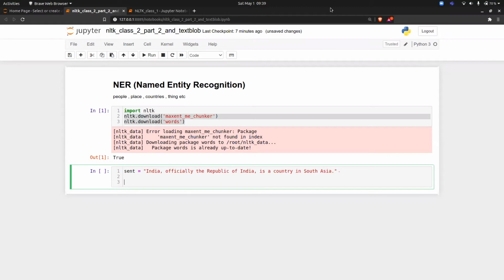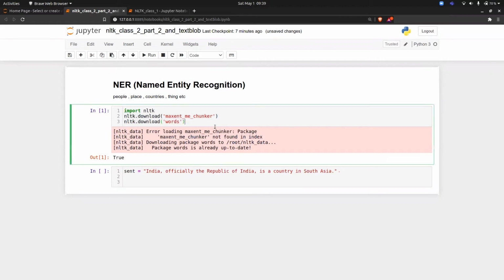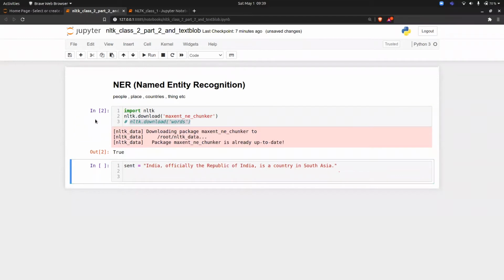I am getting an error when downloading maxent_ne_chunker. Yeah, even I am getting an error. Okay, it's not ME, it's NE. Let me also check first. Okay, it's maxent NE, not ME.